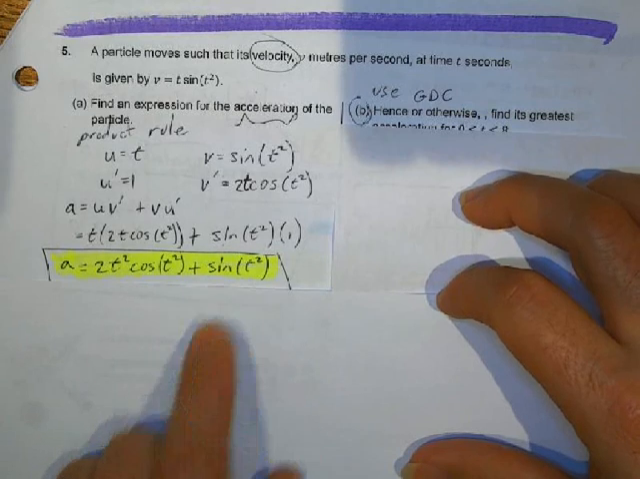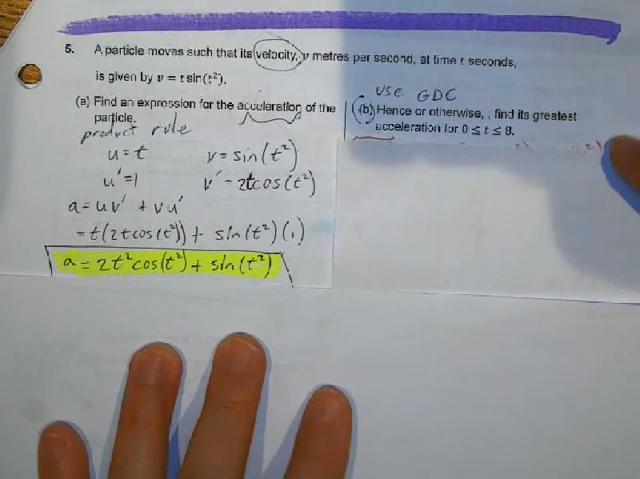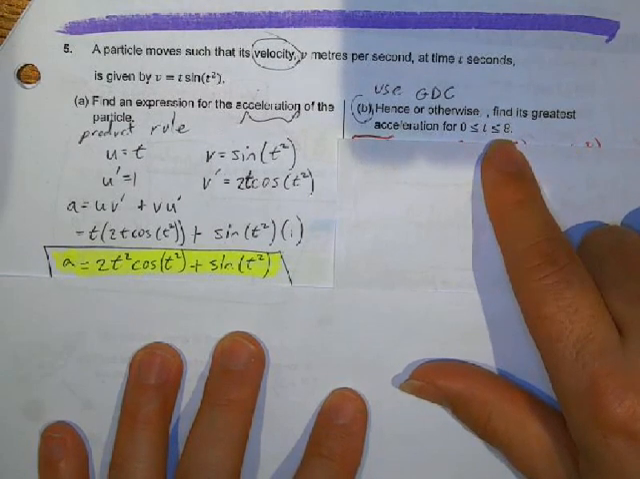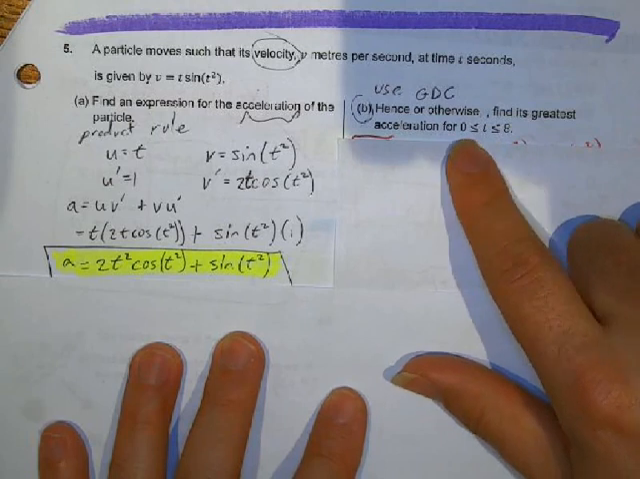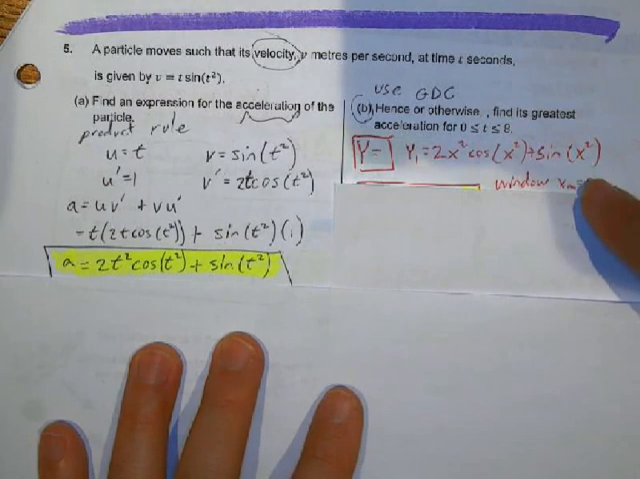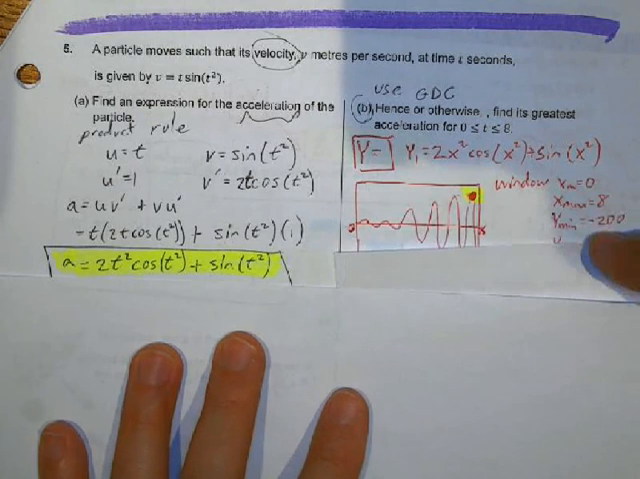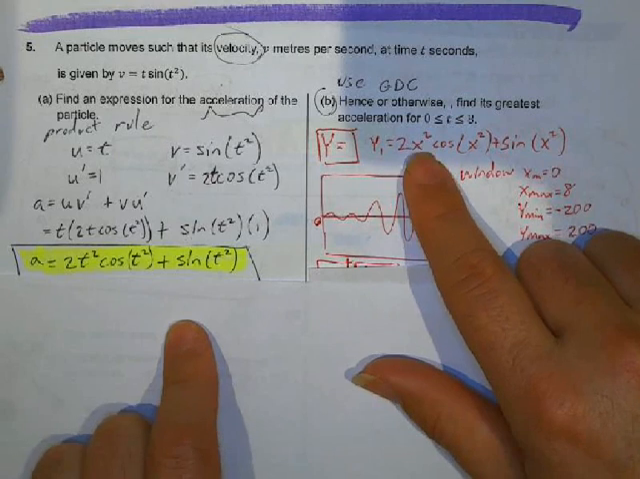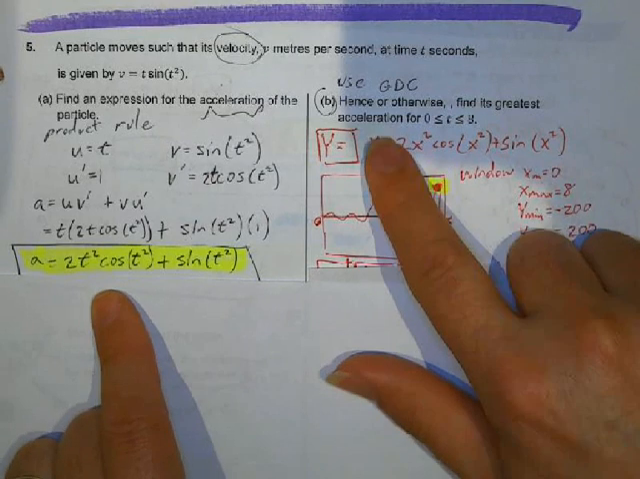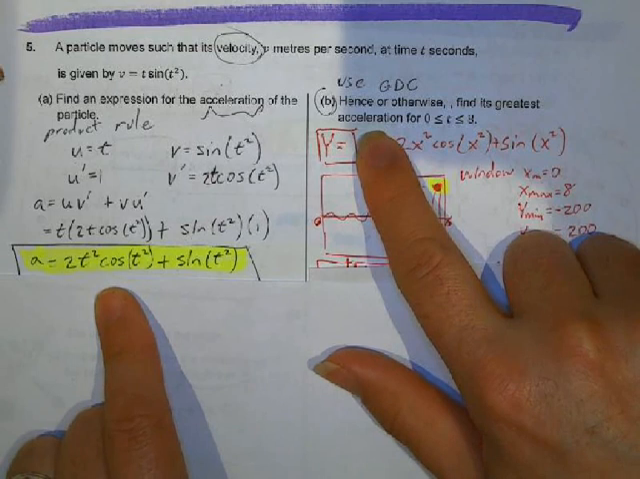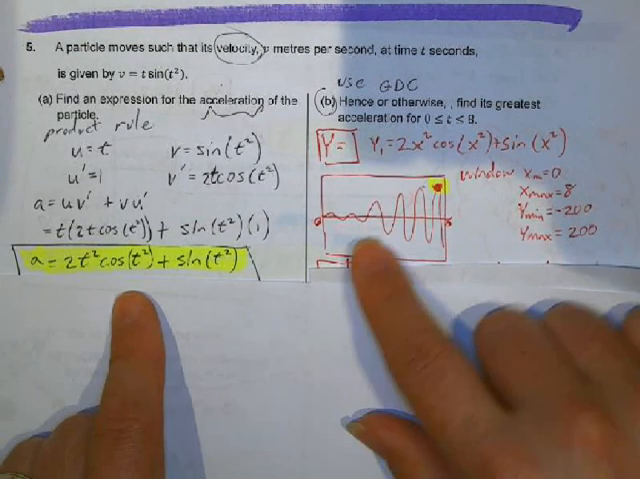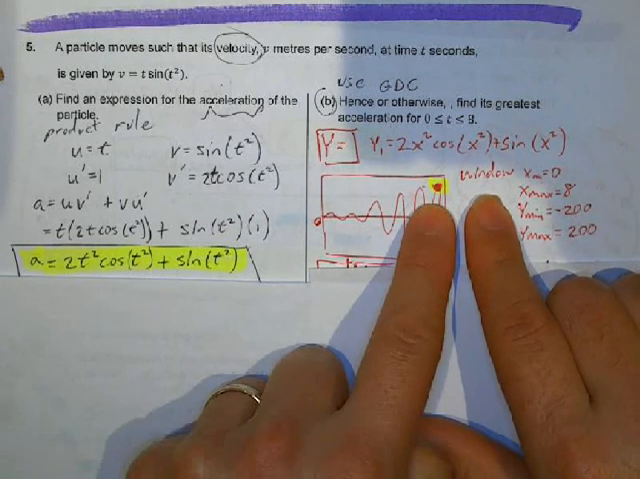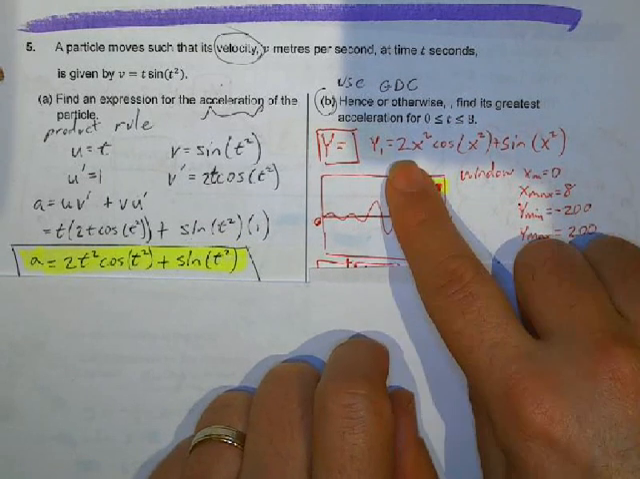Okay, all right. Part B. Hence or otherwise, find the greatest acceleration when t is between 0 and 8. In order to figure that out, I want to look at the graph. We're trying to find the greatest acceleration. So here is my equation for the acceleration, and the greatest acceleration is when the graph is at the highest place. I hit y equals on my calculator,